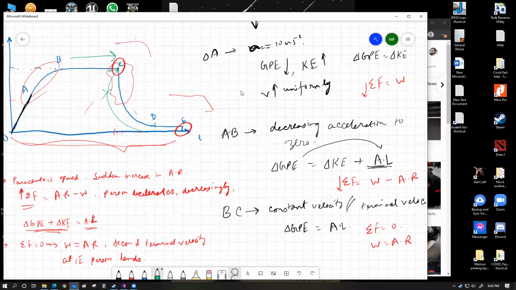Decreasing acceleration to 0. It means at A you have the biggest amount of acceleration, which is downward acceleration of 10 meters per second square, which is the end point of OA segment. From A, we are considering the resistance to start to have a significant effect, which is causing the object's acceleration to slowly reduce. The object is still speeding up downwards, but it is not speeding up as